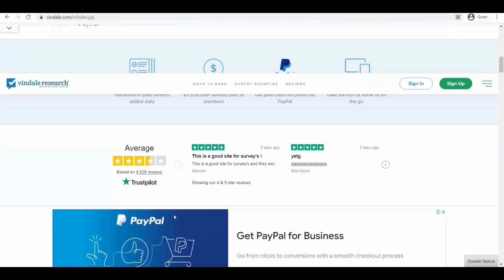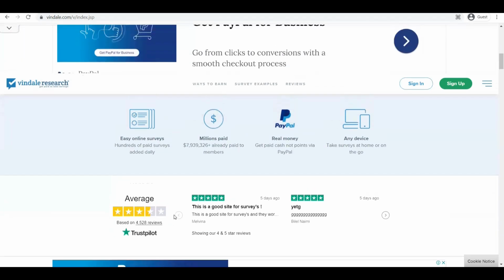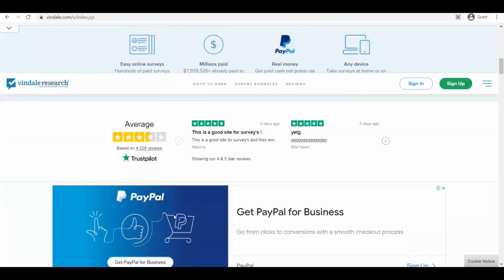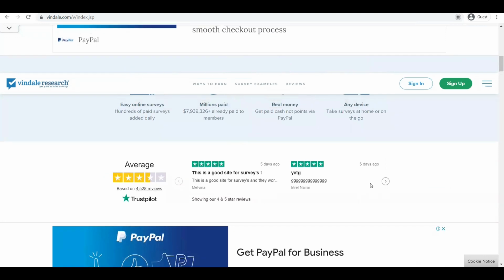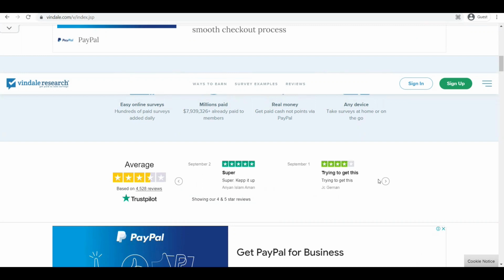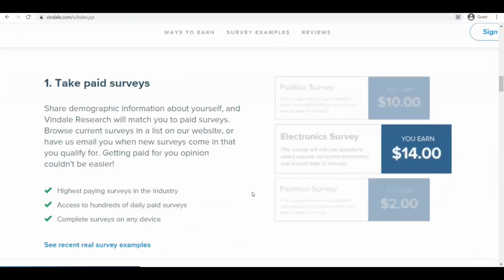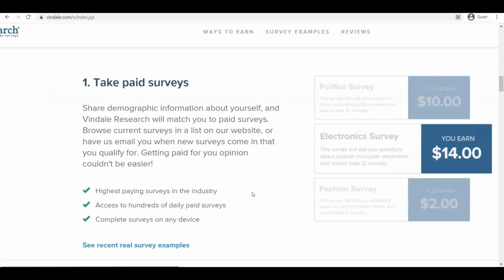So today's method is literally for anyone and everyone. If you're someone who's always busy or who's always traveling, this is the best way to earn quite the amount of money on the side. Here are some reviews and ratings that can assure you that this is a great website to earn money by just doing simple tasks. How it works is, number 1, you take paid surveys, so you share demographic information about